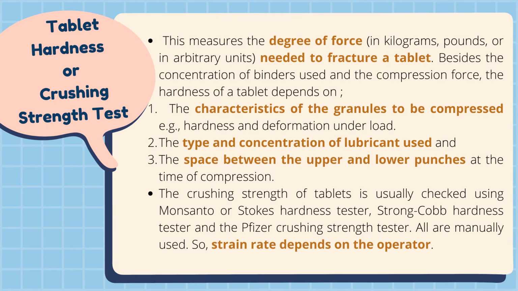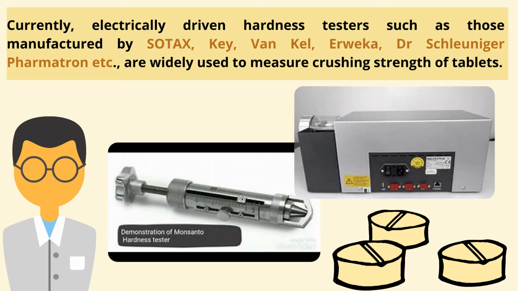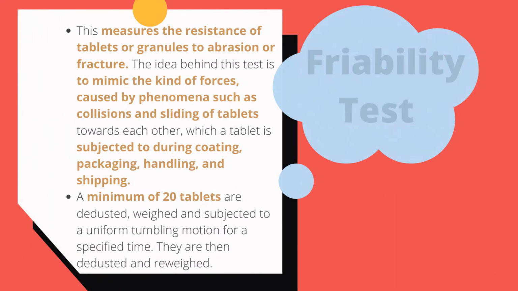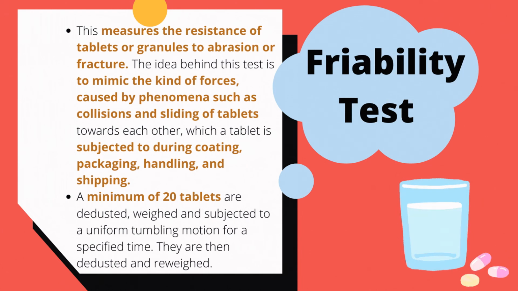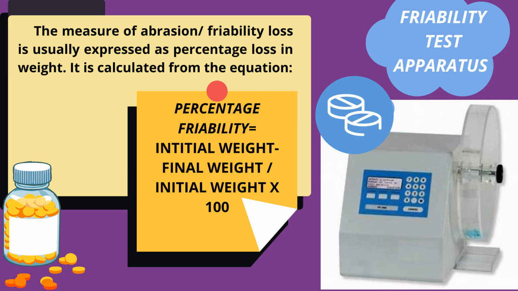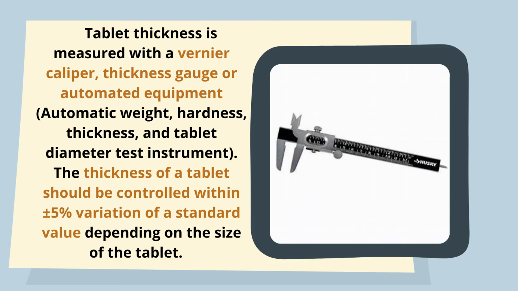Talking about hardness testers, many hardness testers are available and you need to select from them. There are several types of hardness tester; you must have also used the Monsanto hardness tester in the lab. After that comes the friability test, to check that whatever tablets you have manufactured can be transported easily from one place to another. Your tablet integrity should be intact. The friability test ensures that none of the tablet weight goes off, even if they are exposed to traveling conditions. This is the friability test apparatus in the lab as well.